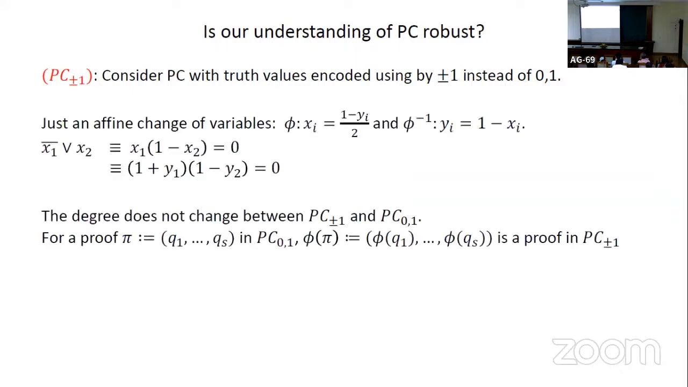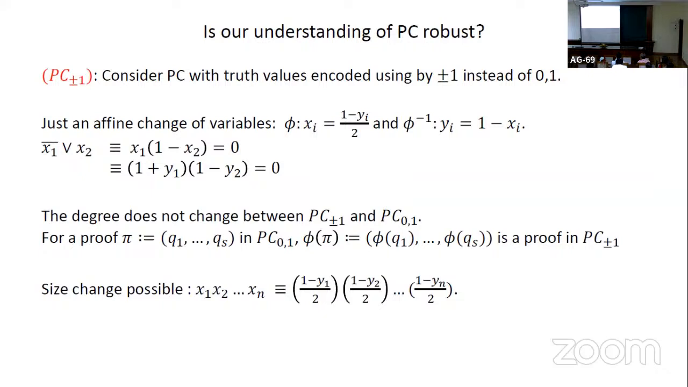And this is just an affine shift, right? This is just an affine shift of variables. If you change your x_i variables to (1 - y_i)/2, you will get a proof in this plus minus 1 encoding. Okay? So degree does not change. Degree remains the same in both settings, but size might change. And in this case, we don't have any degree-size relation. That is the reason, one of the reasons, why we don't have size lower bounds for PC